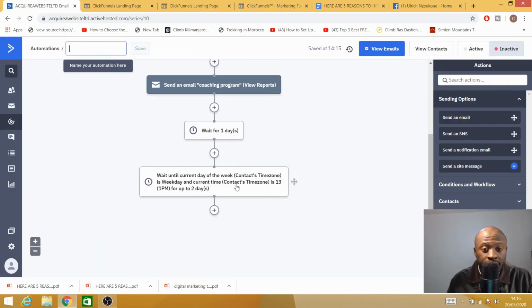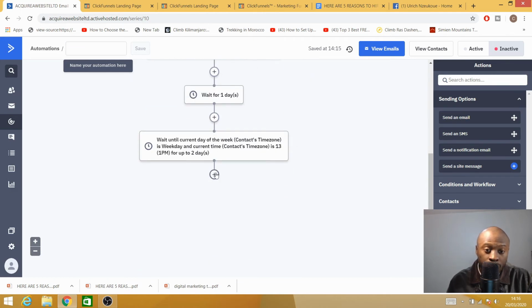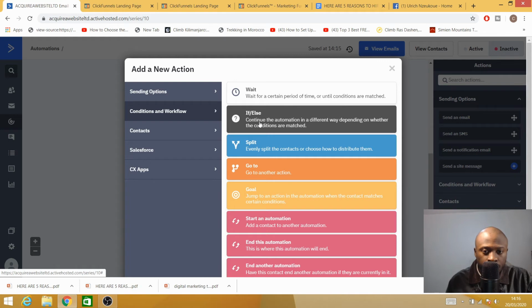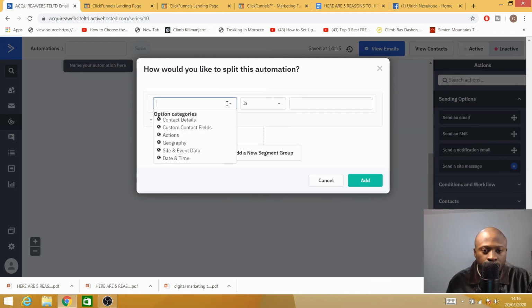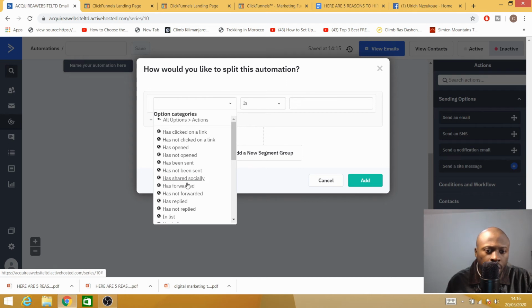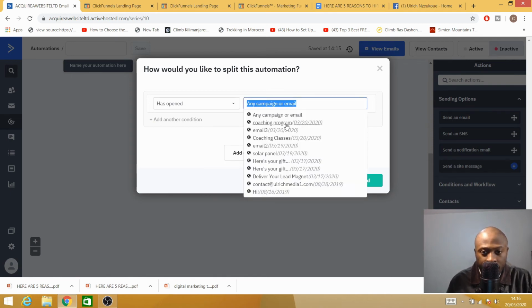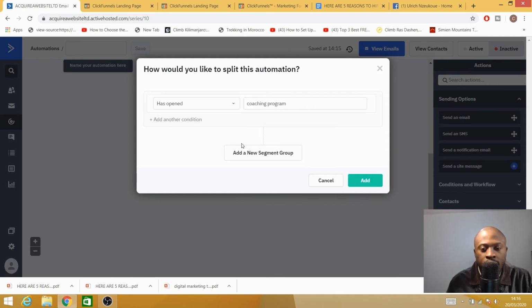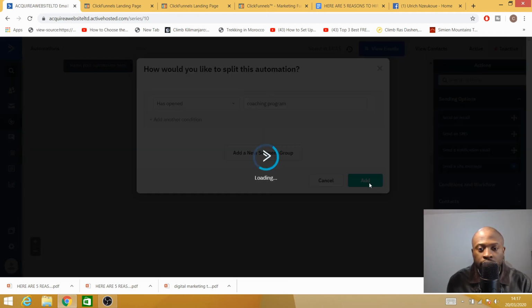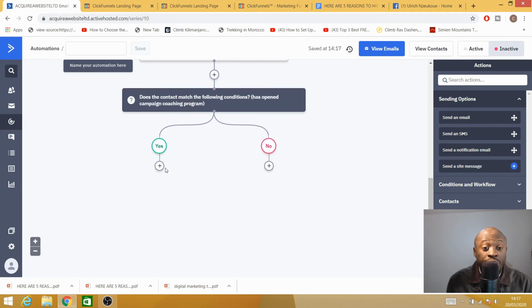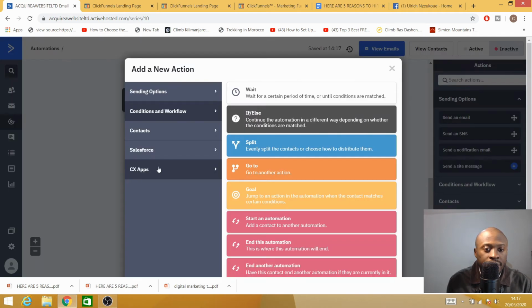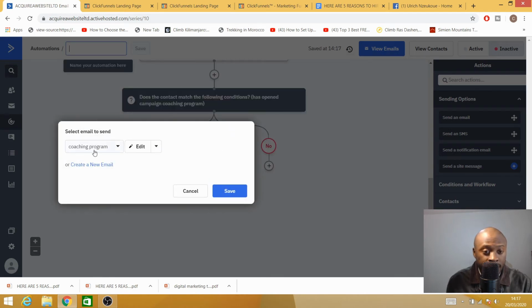So now that I have created this specific condition, I'm going to add another condition down here. It's a what if condition, right? You click on that what if condition, you go to action, what if the customer has actually opened the email. So which email? The coaching program email, right? So you will basically select that one. If the customer has actually opened the email, you need to click on here, add. As you can see here, yes or no, and I will come here to yes and add. If the customer has actually opened, I'm going to send him an email, right? And this email is going to be